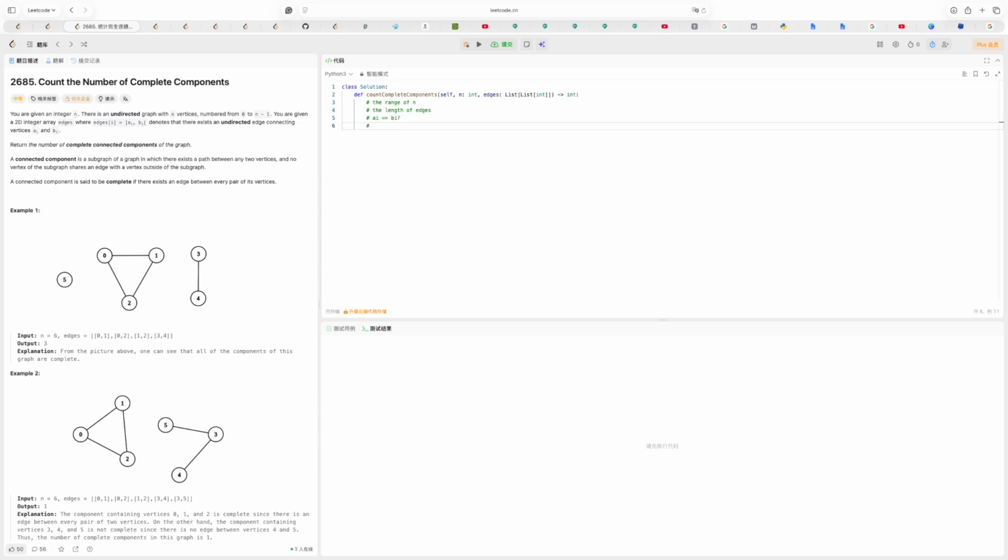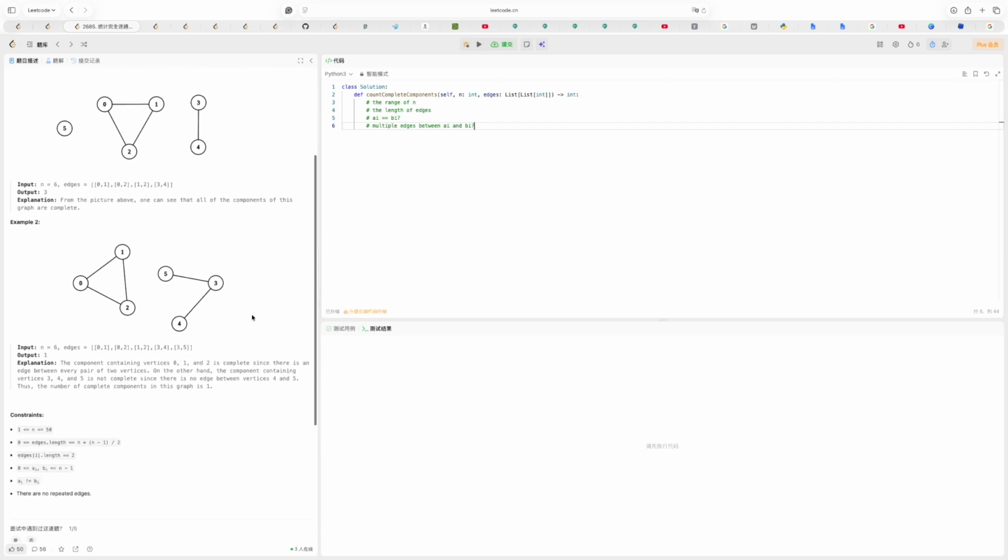and does there exist multiple edges in between ai and bi? Okay, so no, it will be unequal, and the length of edges will be... okay. So we will have at least one node, and at most 50 nodes. The length of edges will be